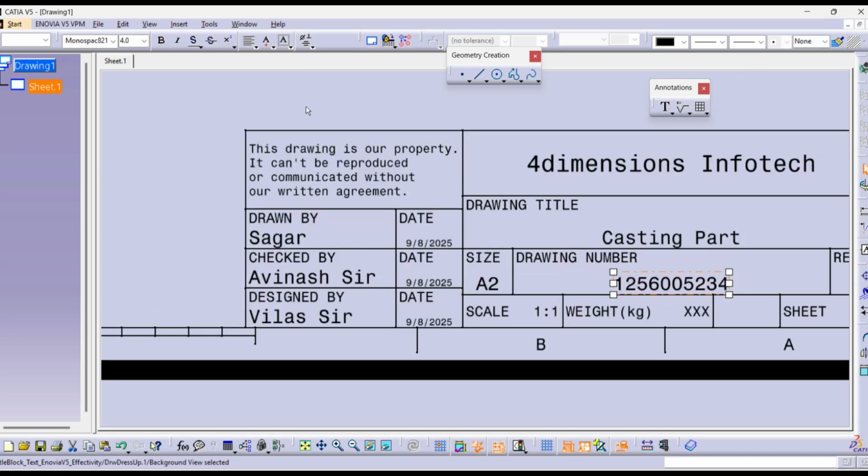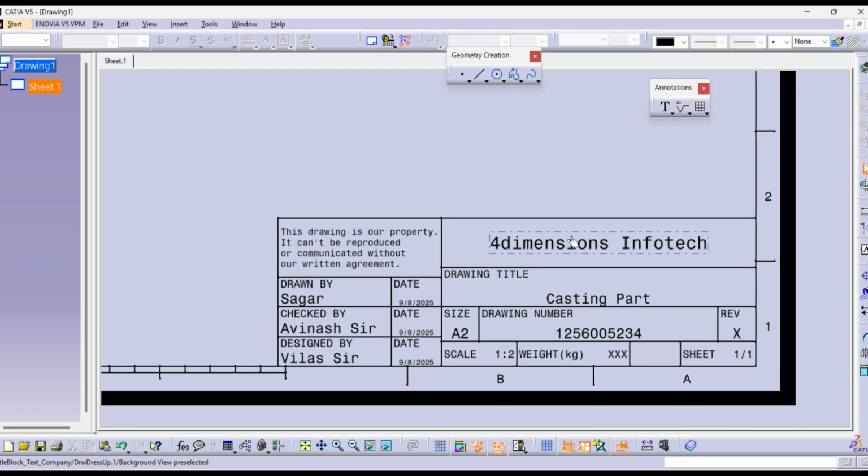If I update the scale for the drawing views in the working window, then again we need to come in edit, and here in template we need to change this scale also here. Now after updating all the details here,